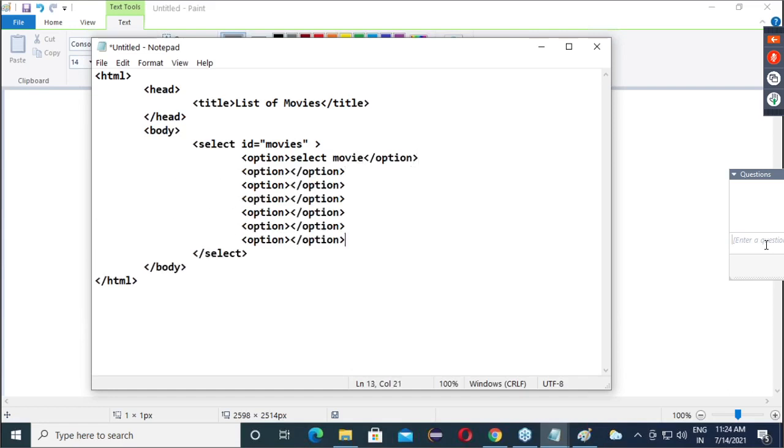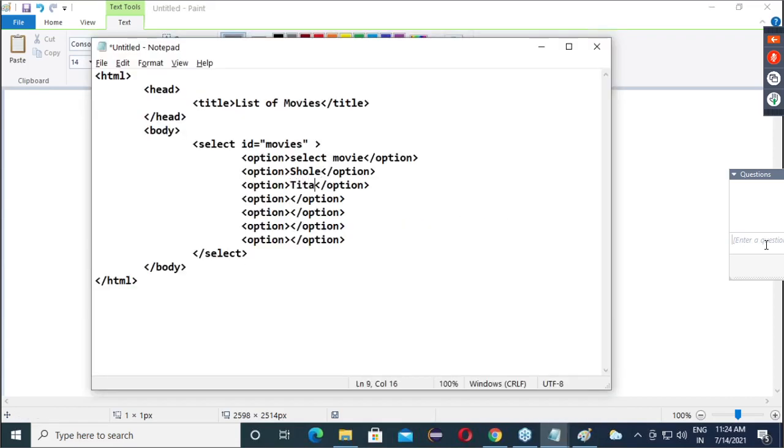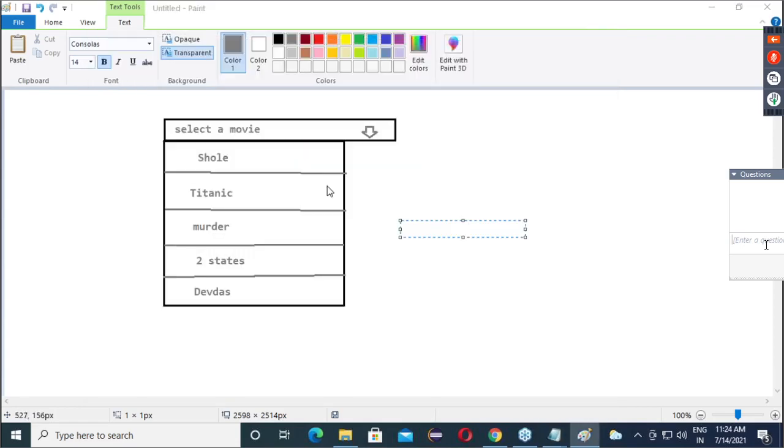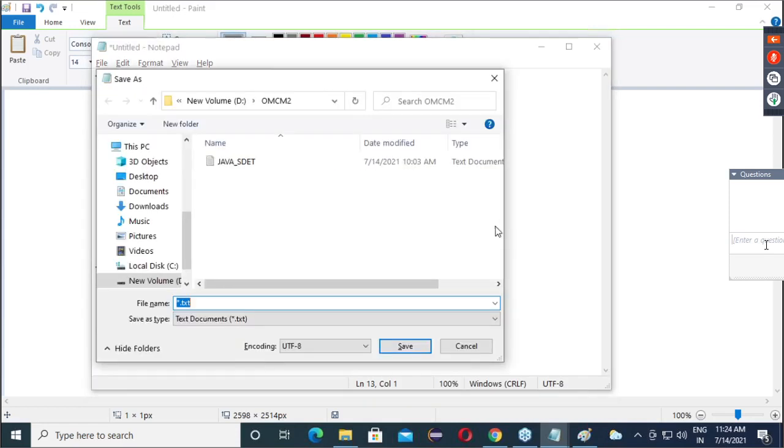Then we will have many options like this: Sholay, then Titanic, then Murder, then Two Step, then Devdas. So guys, your list box is done.